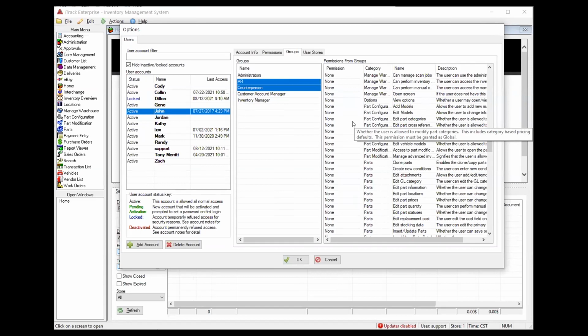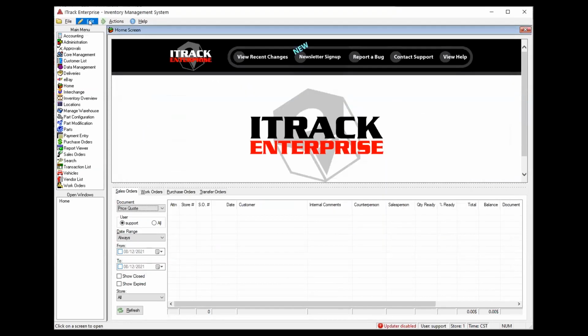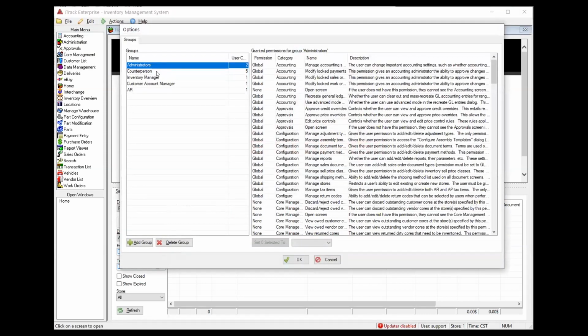Another part about that that's nice is that in the future, updates to the system might add new permissions for new features or existing features that we broke up into multiple pieces. And the nice thing about that is that if you've already given roles to all of your users, instead of having to find the 5 or 10 people who need to be able to do a new thing, all you'd have to do is go in and change one of the groups. Like, let's say